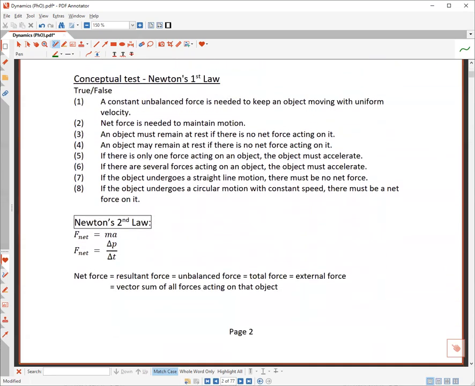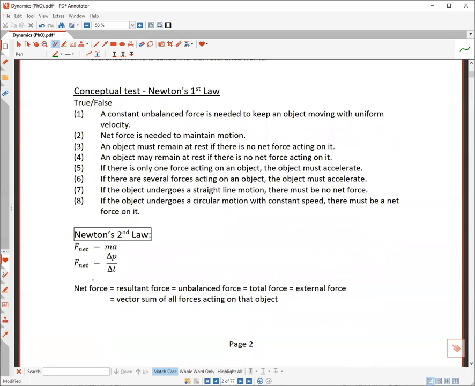So for Newton's second law, the formula is quite simple. Most likely you learned it as net force equals ma. But actually, Newton stated the second law as change in momentum over change in time. But let's omit this first, and then we will talk about the difference between these two later on, after we introduce the concept of momentum. But bear in mind this one is more general,